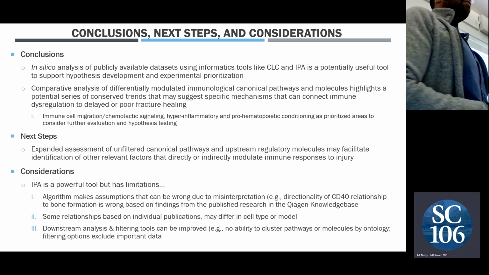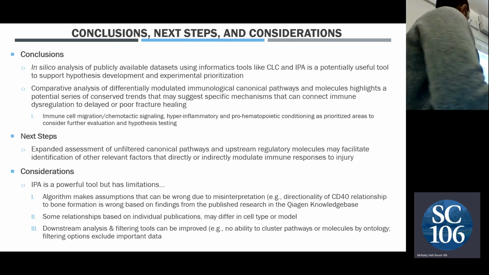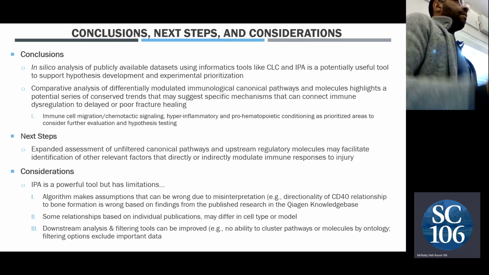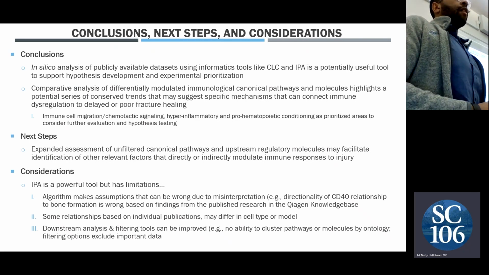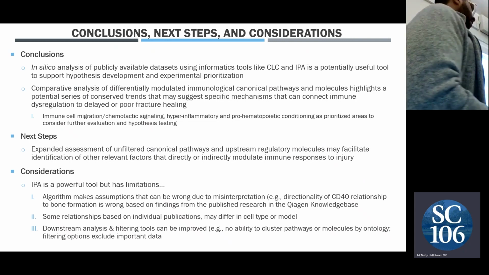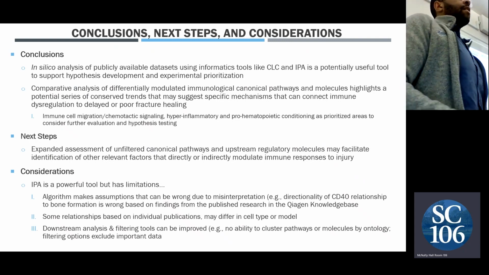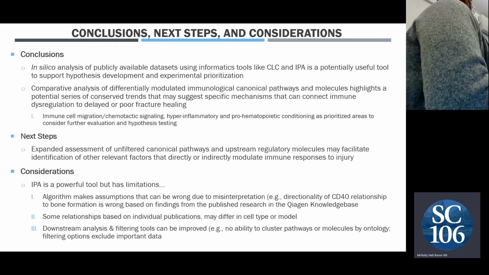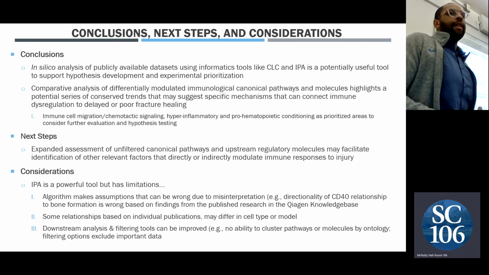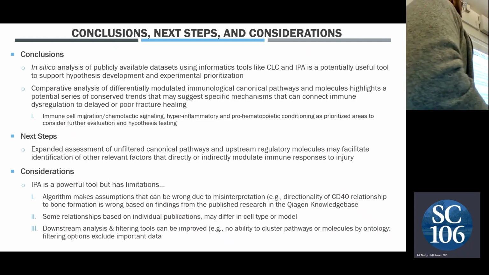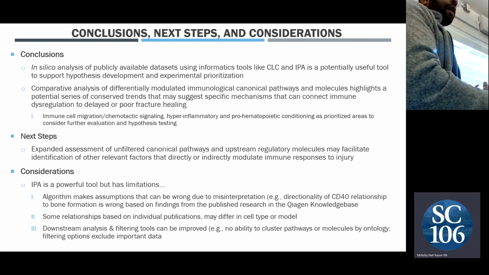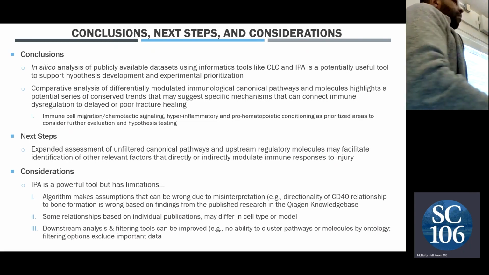IPA is certainly a powerful tool, but there are some considerations. Namely, the software is based on predictive algorithms that make assumptions, and those assumptions can be wrong because they misinterpret the underlying data. So I intentionally included the example of CD40, which in the QIAGEN knowledge base is predicted to